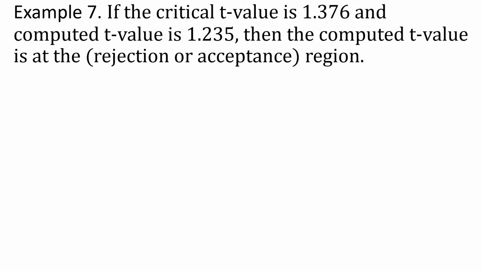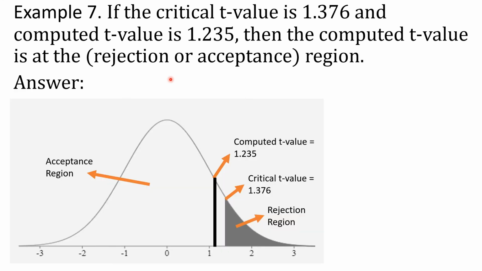Example 7. If the critical t-value is 1.376 and the computed t-value is 1.235, then the computed t-value is at the rejection or acceptance region. So we'll select one from these two. So first, let us consider this figure. Suppose this is the t-distribution, then the given are located here, the critical t-value which is 1.376 and the computed